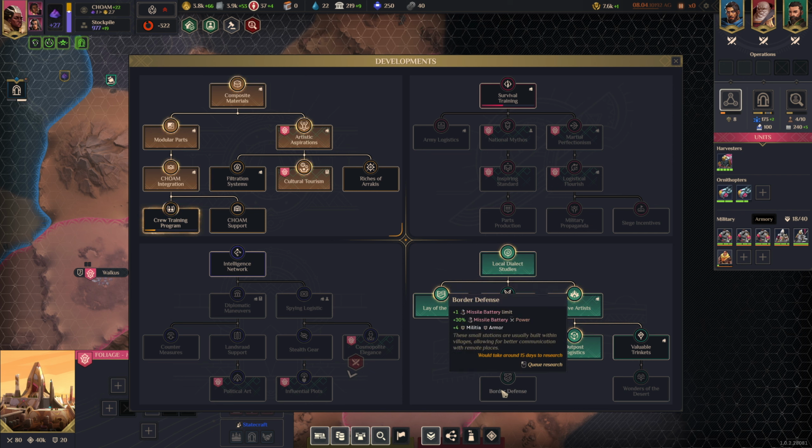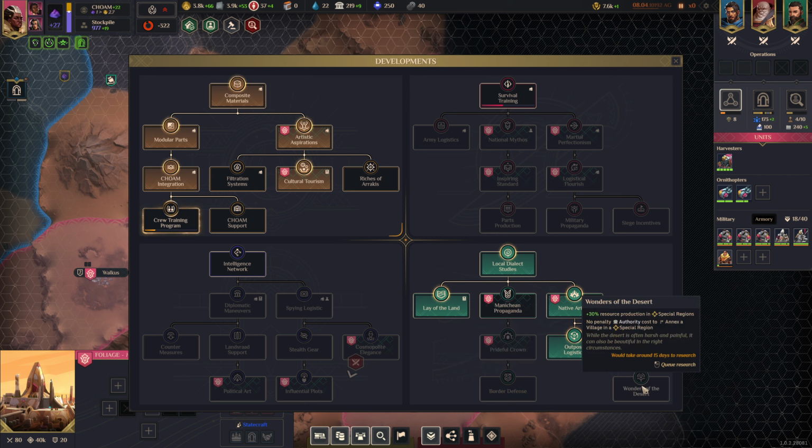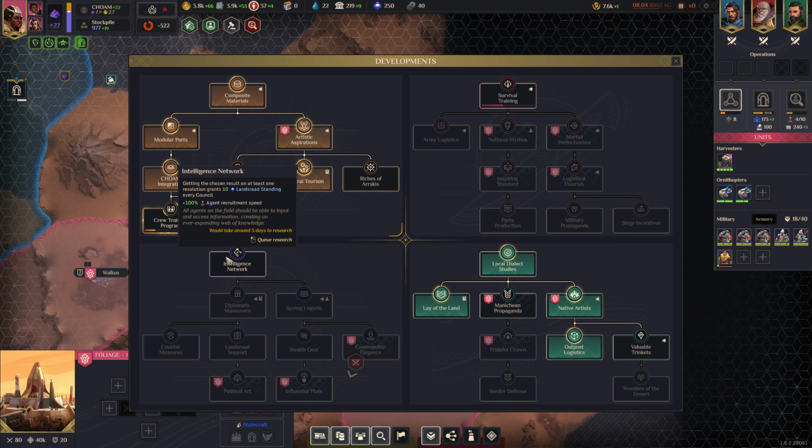They're pretty nice. Border defense, that's for missile batteries, of course. And then you've got for trading with sieges, and then for resource production in special regions, and then no penalty for annexing a village in a special region. Okay, and then last but not least, we've got the espionage spycraft tab, and we'll focus on the unique ones